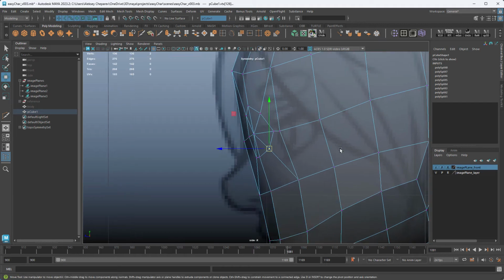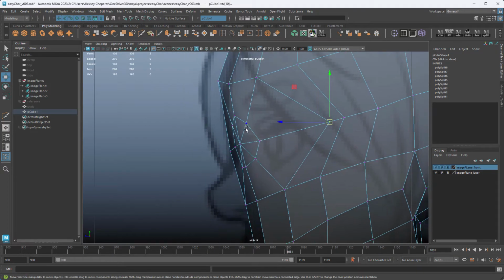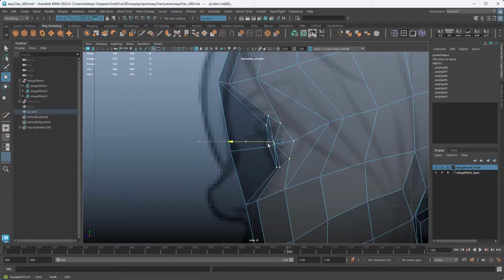Then we'll go to the side view, and now we need to match the side. Now you can see how here it's really in the wrong place, and that's okay. That's because our eye sockets are set back. So we're just going to push all of this back, and then select the vertices for the eyes, and then move them back only in Z.